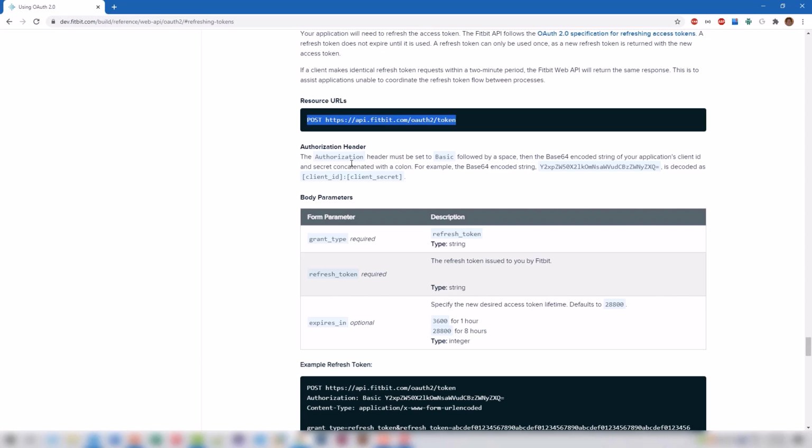So what happens? You have to create an authorization header in your post that uses the word Basic followed by the base64 encoded string that is built of the client ID and the client secret. This is the same approach that we've used before, just now in order to get a new access token.